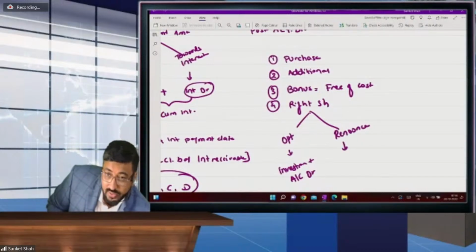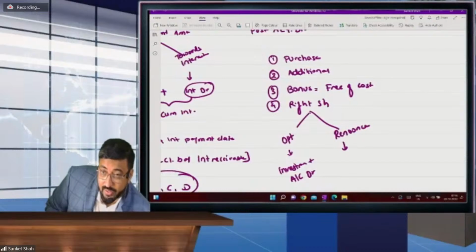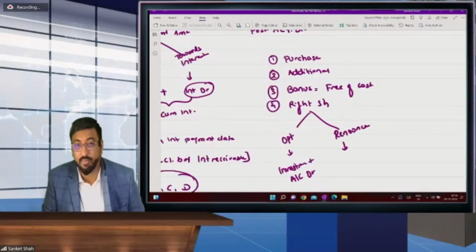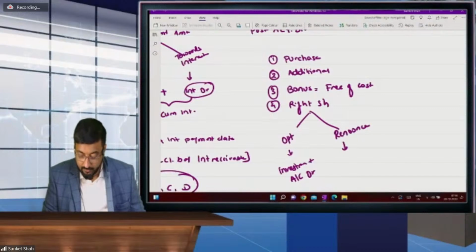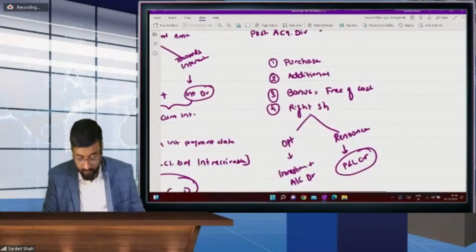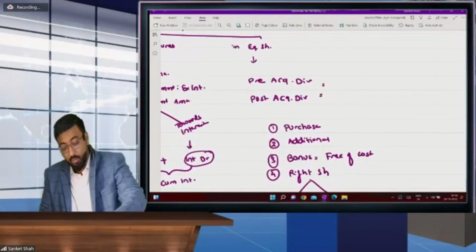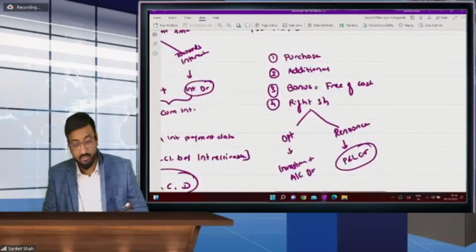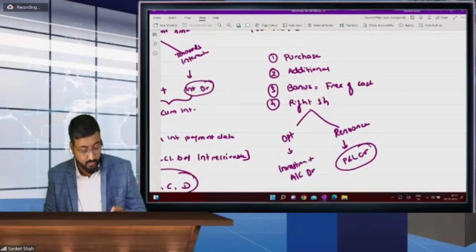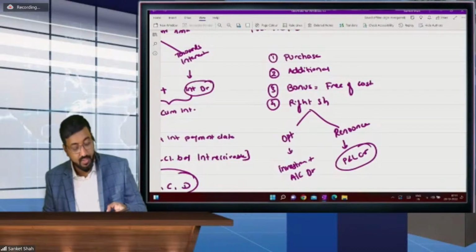And when you renounce it, beta, remember at the time of renouncement, whatever gain there is, that goes to the P&L credit. P&L credit. And what about pre-acquisition dividend and post-acquisition dividend? Can you tell me about the treatment of pre-acquisition dividend and post-acquisition dividend? Beta Kavita Chandak ji,